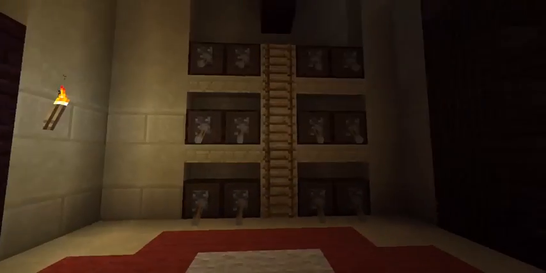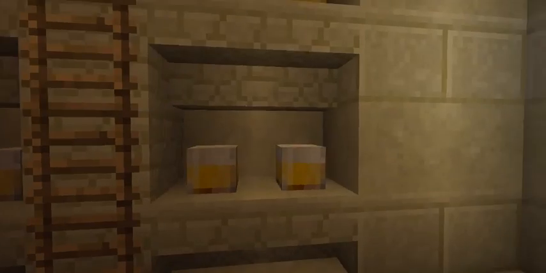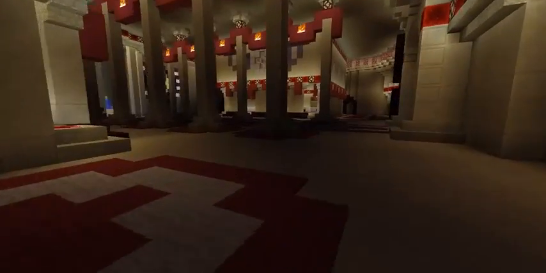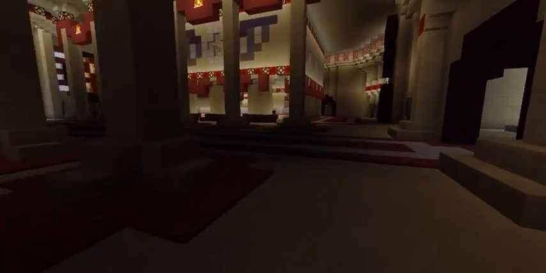And a room for storing wine. So the idea is that these are the wine racks. These are the kegs. And here are a bunch of beer glasses, which are for some reason stored on a shelf. That seems a little counterintuitive, but...